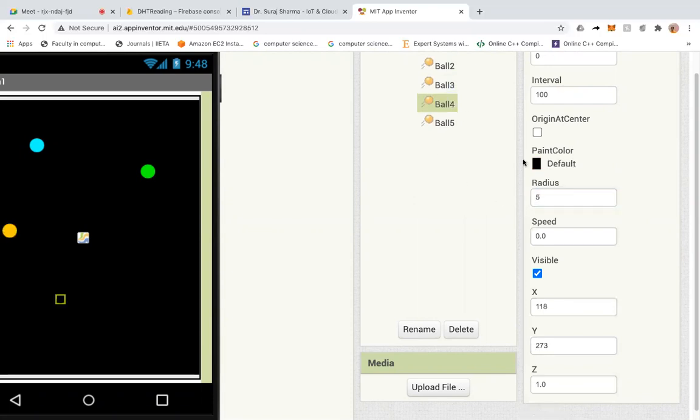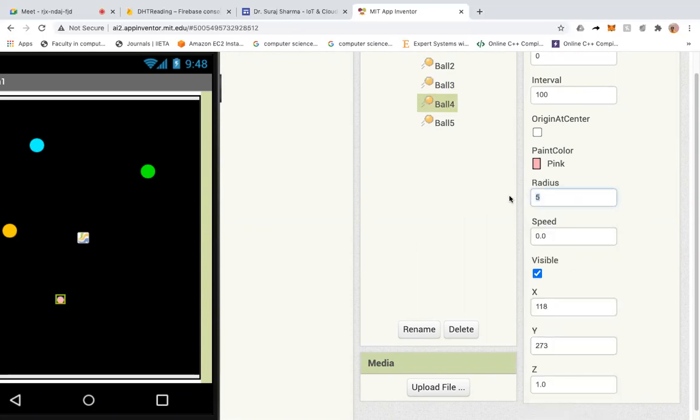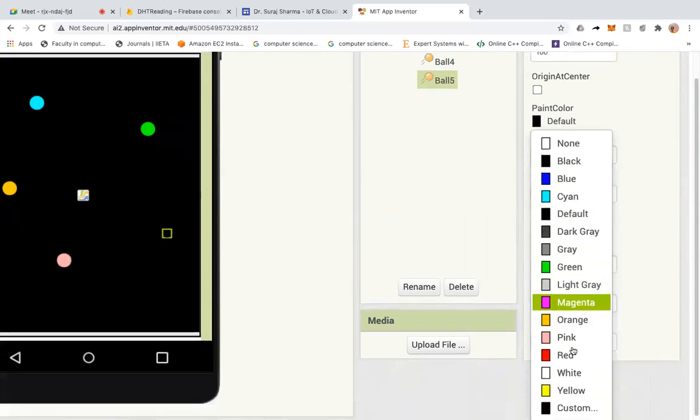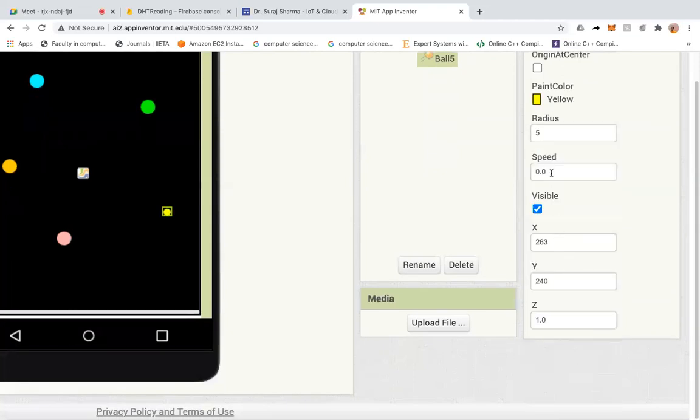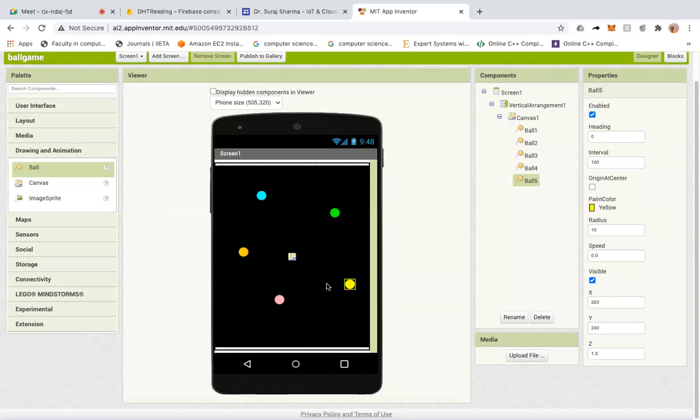Go to ball 4, change the color and radius, and ball 5, here also you will change the color and radius. Okay, that's all. So what we have done is in the canvas we have 5 different balls, right?